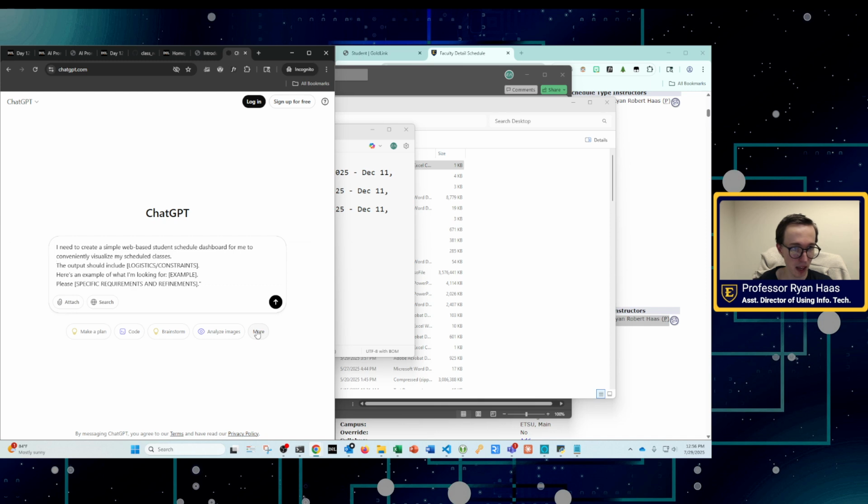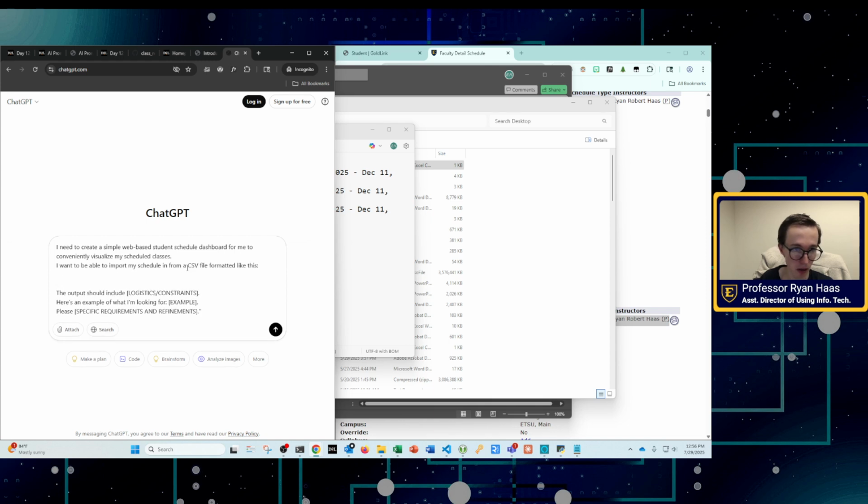The output, so first I want to explain the process. And this is kind of where the example part of the prompt comes in. I want to be able to import my schedule in from a CSV file formatted like this.